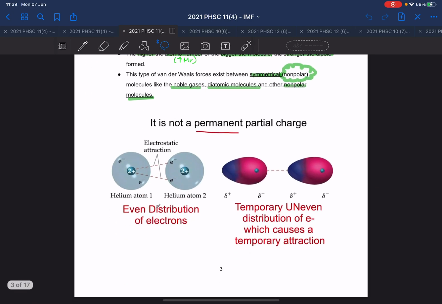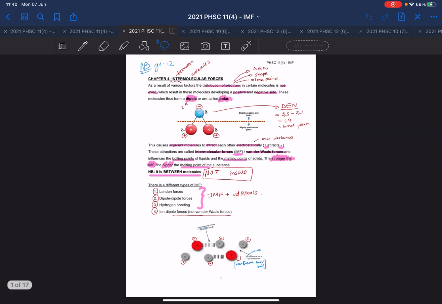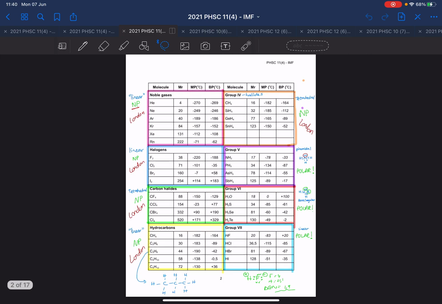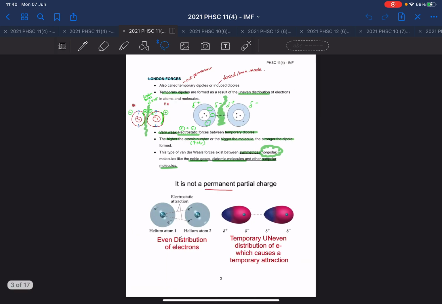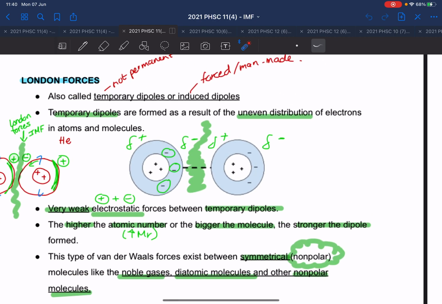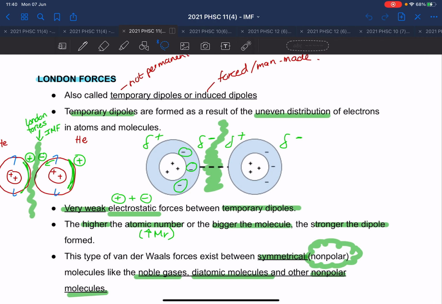Okay, grade 11s. We were busy with intermolecular forces. We were looking at how it forms, and then we looked at the different intermolecular forces. We looked at London forces, which we said are very weak forces between temporary dipoles, meaning between molecules that are not permanently positive and negative. They are just formed like that for a split second, and we compared helium versus argon, and we saw that because helium was smaller, it will have weaker London forces, and because argon is bigger, we said it will have stronger